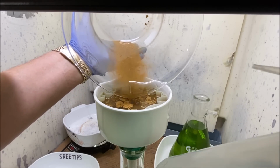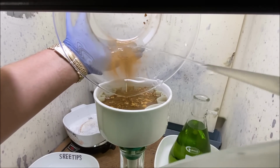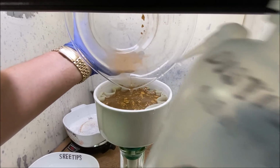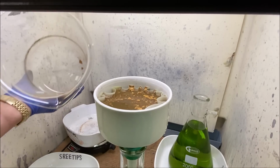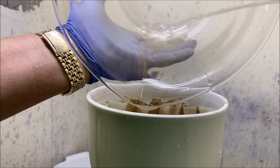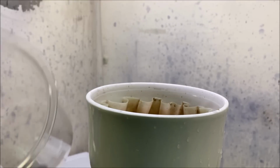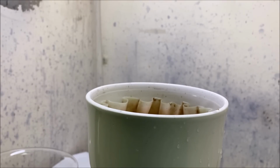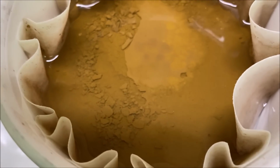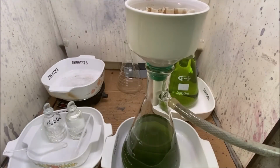It's real fine, very fine particulate, and when we see it like that, it can be very deceiving. I mean, it looks like you got ripped off, and there's more gold there than you think. All right, we finally got all the gold out of here, and into our filter. Finally got our gold